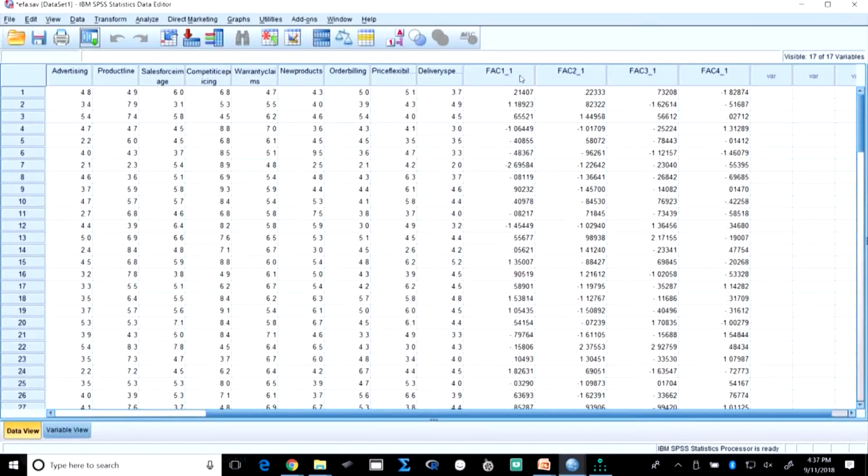But also remember the same thing could have been done had you taken the summated scale, because in the summated scale also there were 4 factors. What you did was you took only the variables linked to that particular factor. So, let us say factor 1, let us go back to the slide.